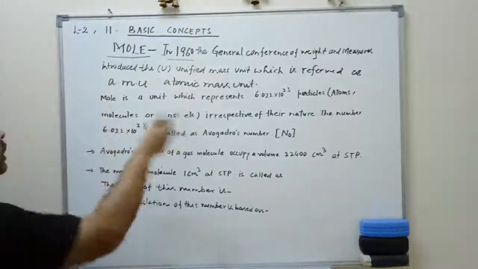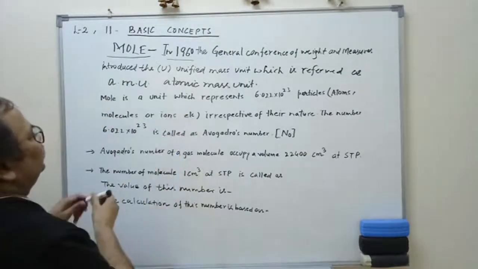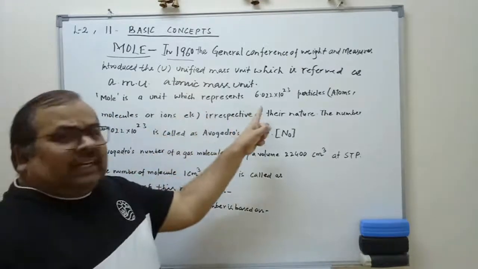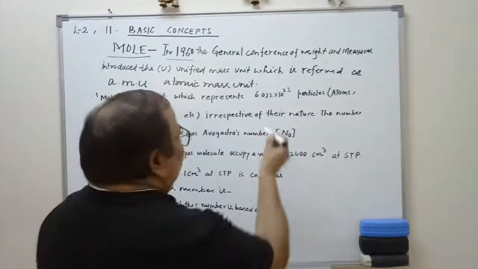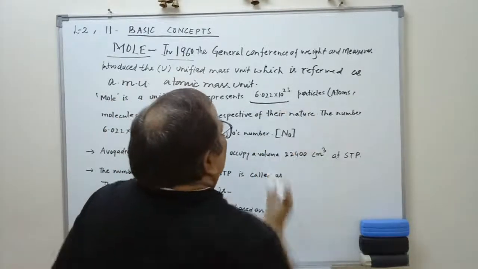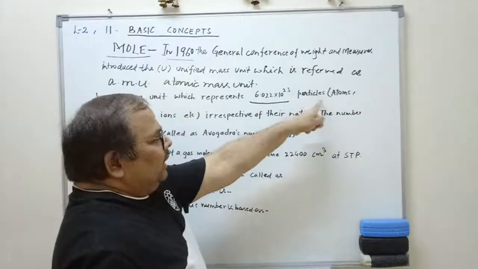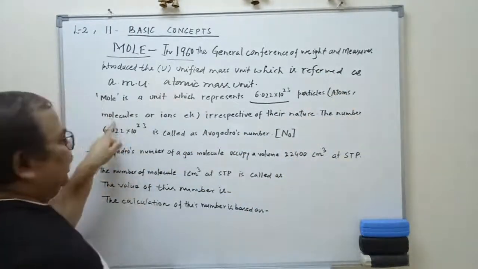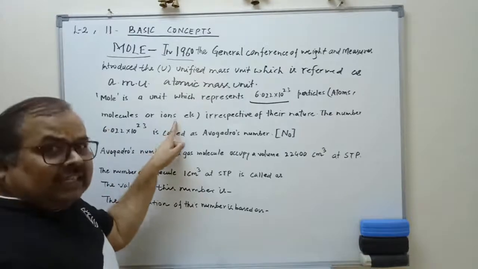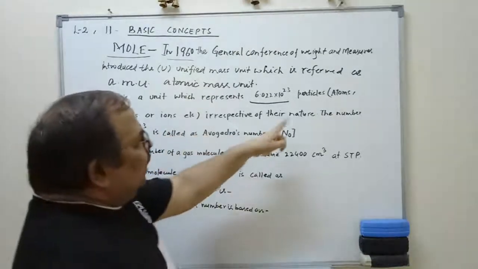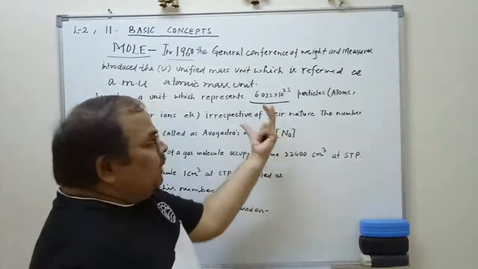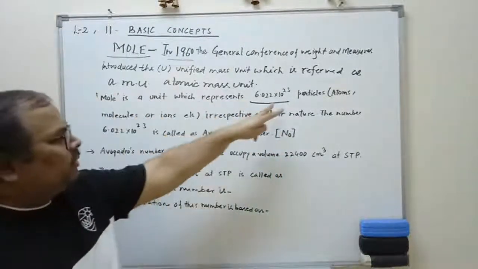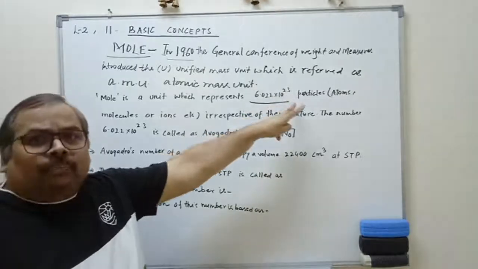Now you see, mole is a unit which represents 6.022 into 10 to the power 23 particles, atoms. These may be atoms, these may be molecules, or these may be ions, etc., irrespective of their nature. This should be clearly noted by you all that mole is a unit which represents this number of particles, which